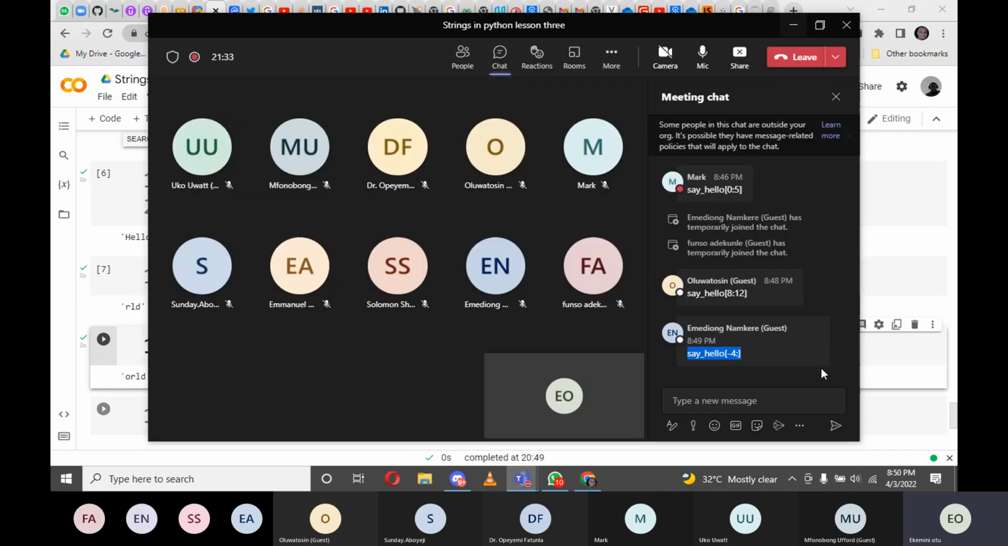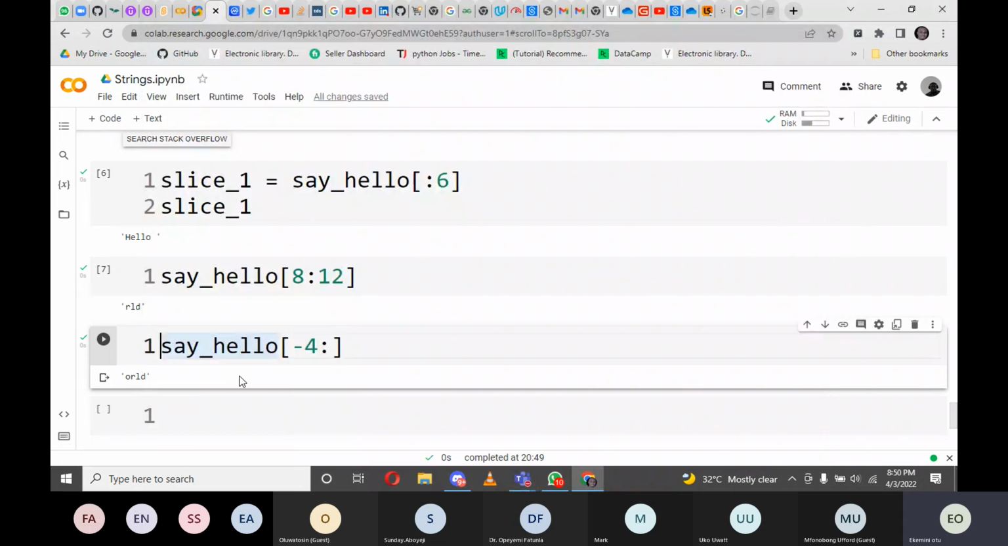Let's define this as slice 2. Slice underscore 2, and we equate it to a variable and say this is our second word slice. So what we are going to do now is to concatenate